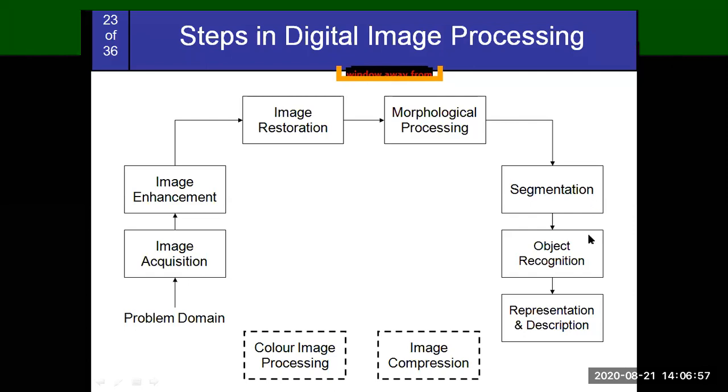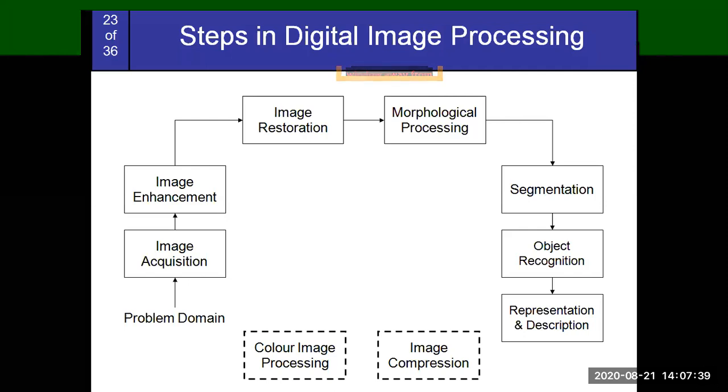So here also object recognition: how we are recognizing that this is a particular object, this is a particular thing, and how we are identifying the object in this recognition. Next is representation and description. After the object is recognized, how we are representing the image in digital form, or how we are describing it. What happens in the object, how the intensity is modified, and how the colors can be changed. Those can all be represented in this representation and description.